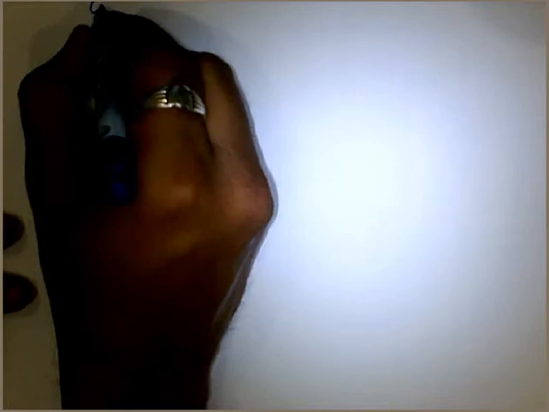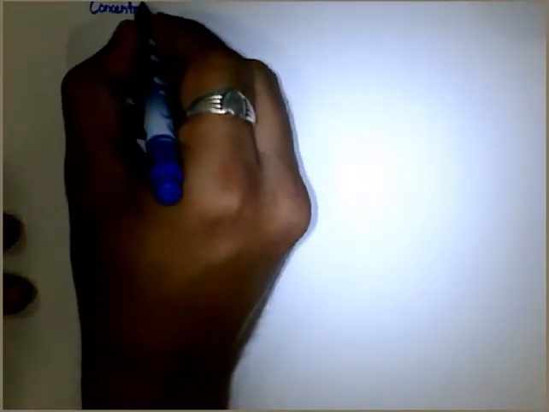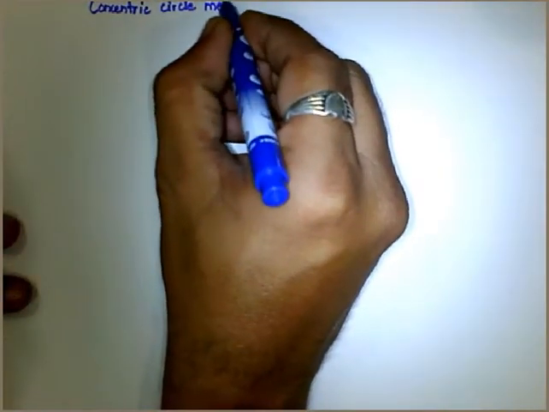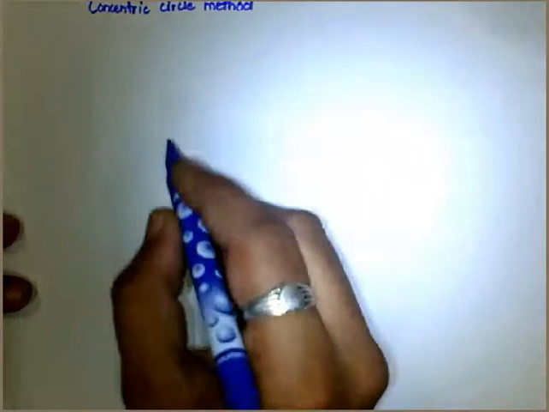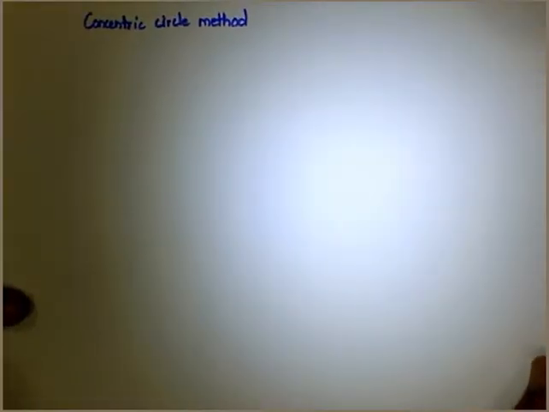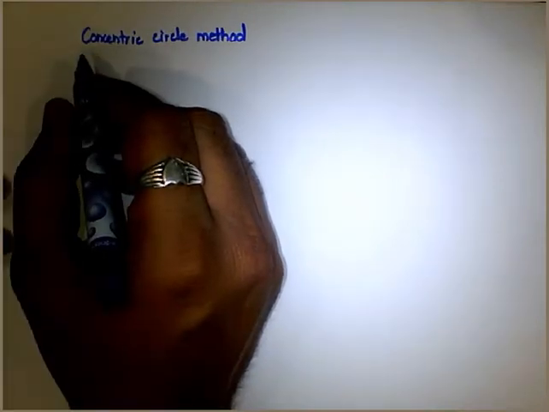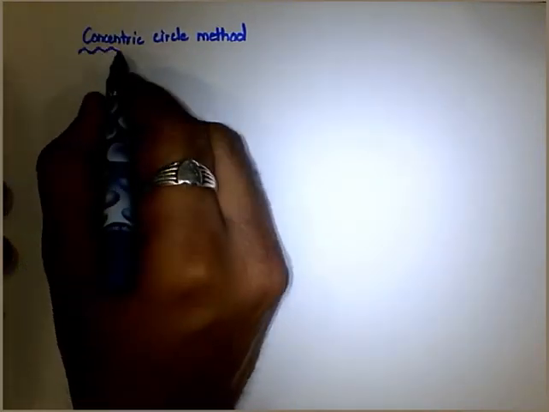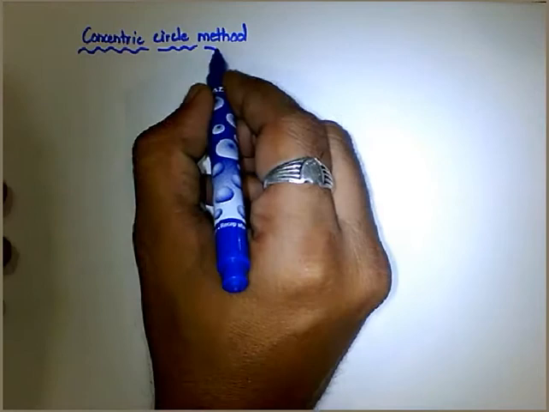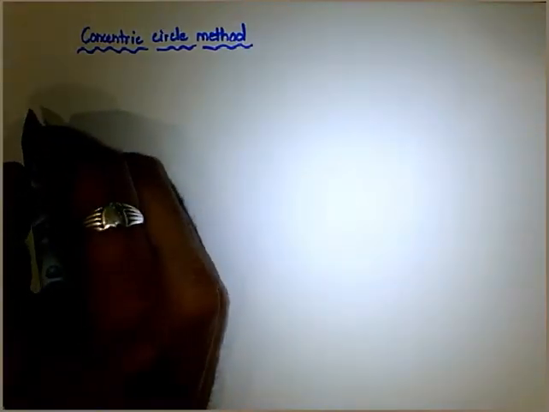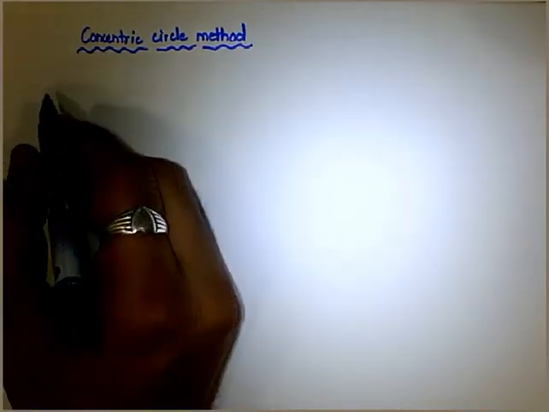Today we are going to discuss the topic which is nothing but the concentric circle method. Let me write the heading here, that is concentric circle method for calculating the circular convolution. This method is quite easy to understand. So let's see this concentric circle method. It is quite simpler to understand. We are going to find out the circular convolution between the two sequences.